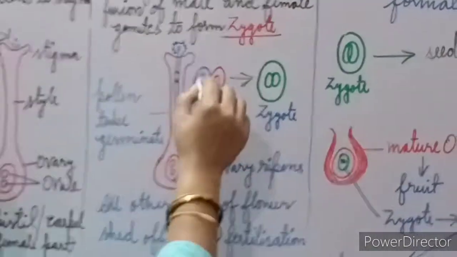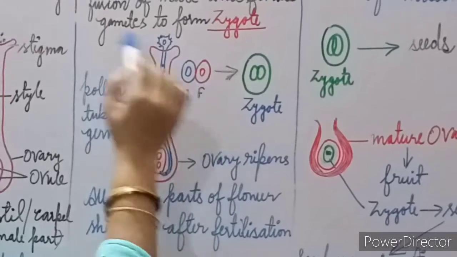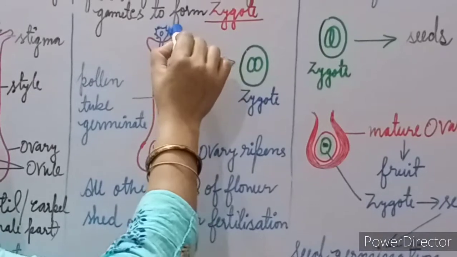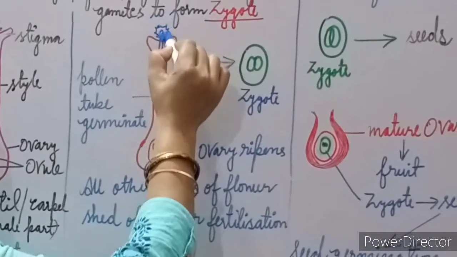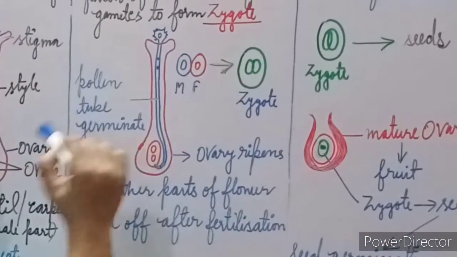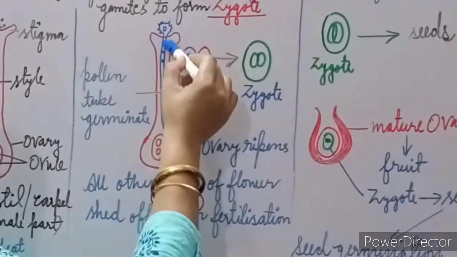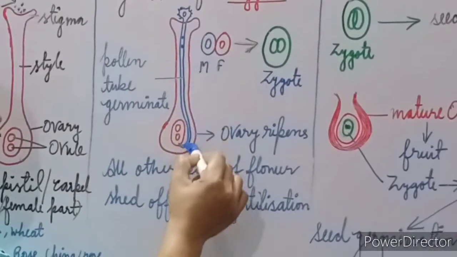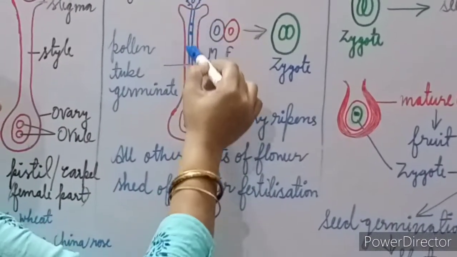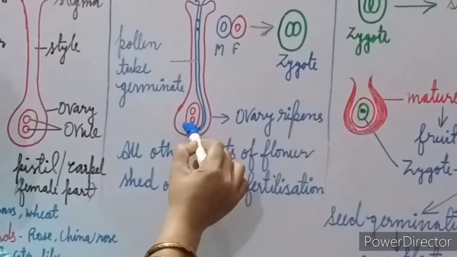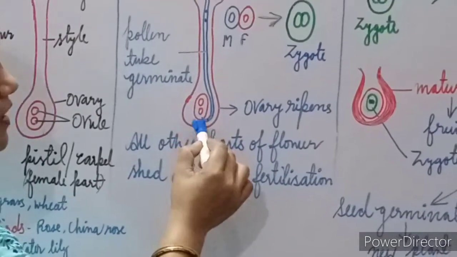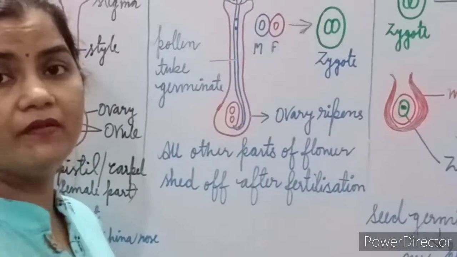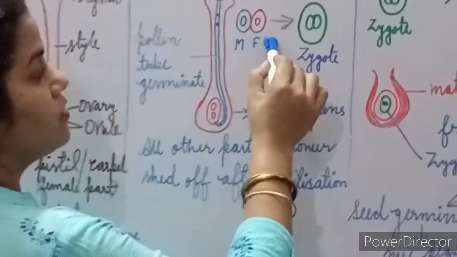Okay. So in this process you can see how fertilization is done in the plant. When the pollen grain is transferred to the stigma, the pollen grain germinates in the form of a tube, which we call a pollen tube. This pollen tube reaches through the style and then reaches the ovary. When this pollen tube reaches the ovary, the male gametes are also transferred with the help of this pollen tube. Then these male gametes reach the ovule. When these male gametes reach the ovule, the process of fertilization is done.